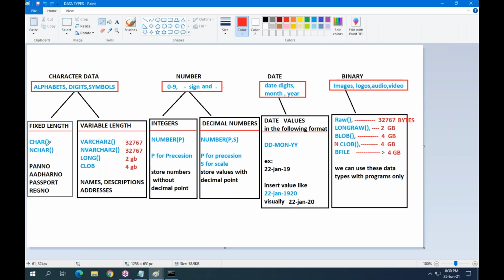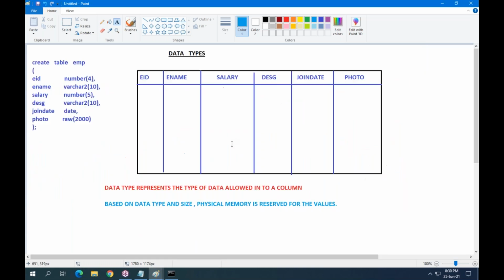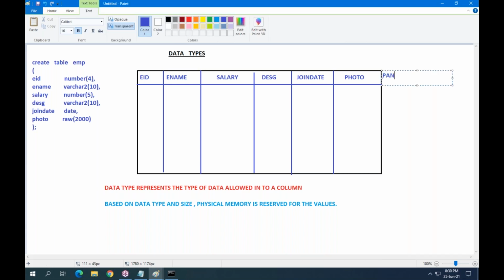Char is a data type name. It will reserve fixed length memory for each value. For example, suppose the column name is PAN number. What data type do I have to use?